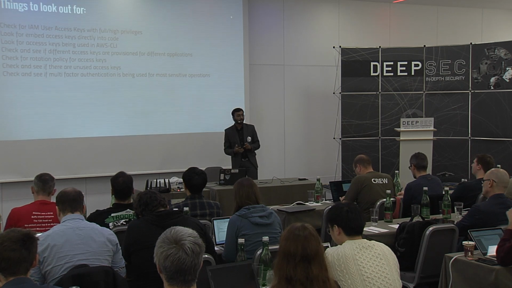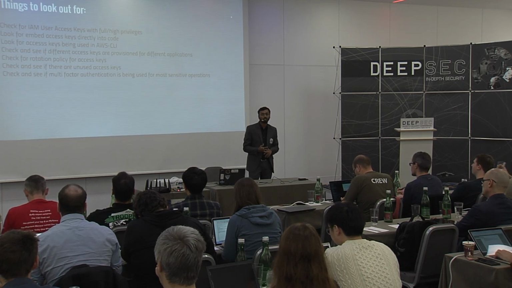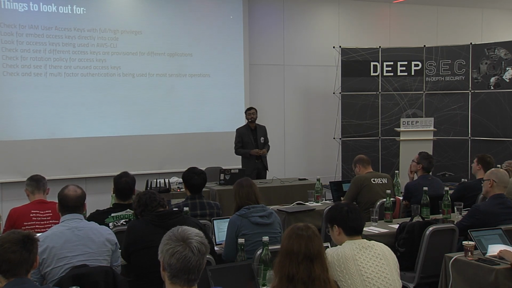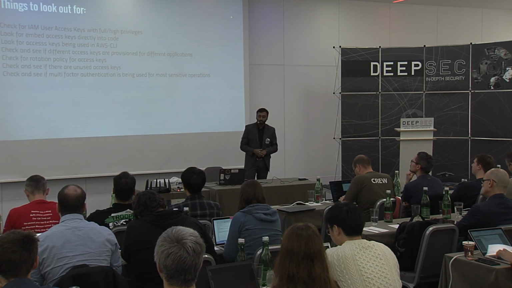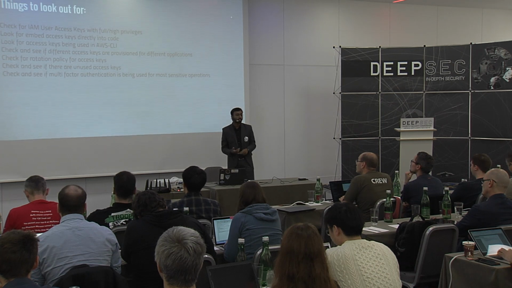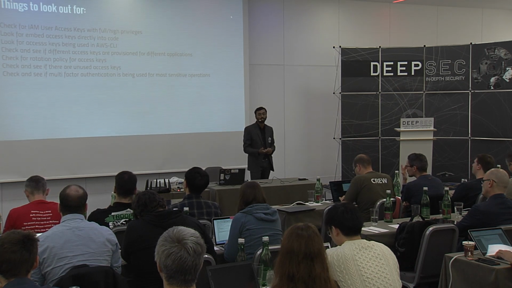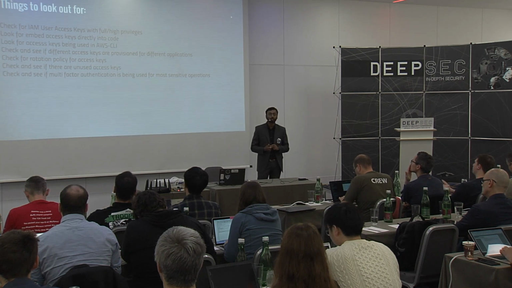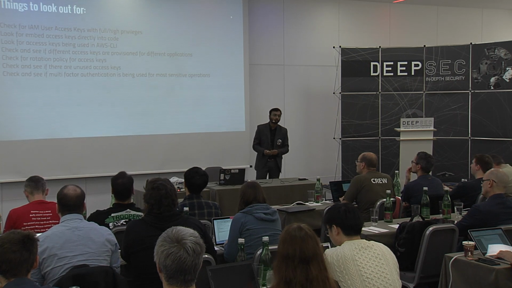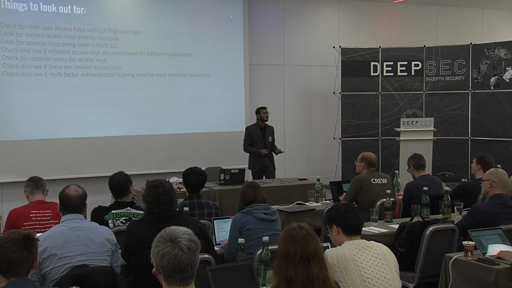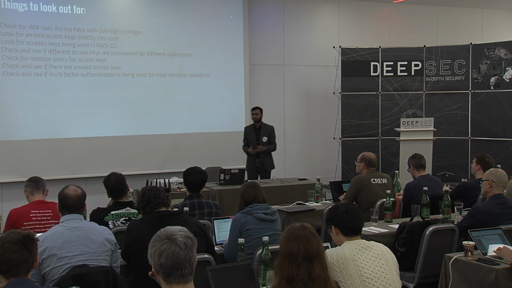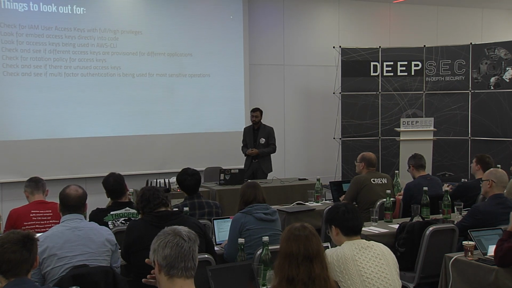You can also look for access keys being used in AWS CLI. CLI for AWS is just a command line interface to access the whole of the AWS account. The better practice in this case is to use a profile instead of entering the access key and secret key for every command. You can always configure a profile and use that profile for executing all of the commands, because it does not leave a trace of your access key and secret key on the console itself, which is a safer practice to be used.